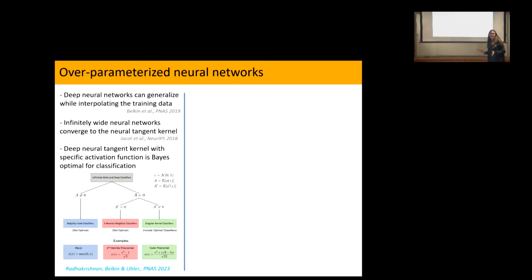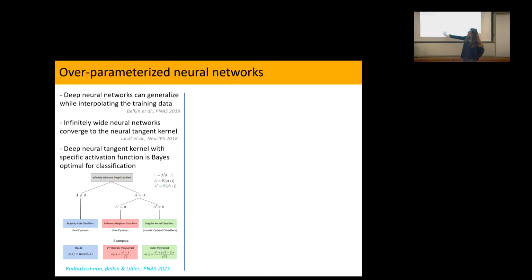Now it's nice, right? Nice math. And at least in this case, we can actually show that neural networks can be Bayes optimal, and it now only matters how you choose the activation function. But the optimal neural network is not your standard ReLU or sigmoid or whatever activation functions that people have been using, but it's actually not a hard one. So some cubic polynomial as an activation function is in fact optimal. So this is in fact a Bayes optimal neural network, but it is new types of activation functions that one should be using.